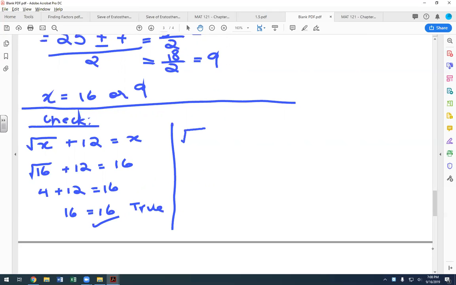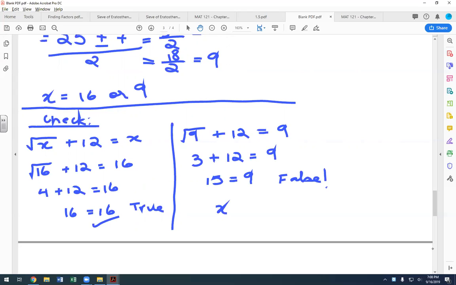So that's going to be square root of 9, and you can kind of see it's not going to work for 9 right away. Because when I take square root of 9, what do I get? 3, and 3 plus 12 does not give us 9. So that's a false statement, which means I cannot use x equals 9. I can, however, use x equals 16. So our solution set